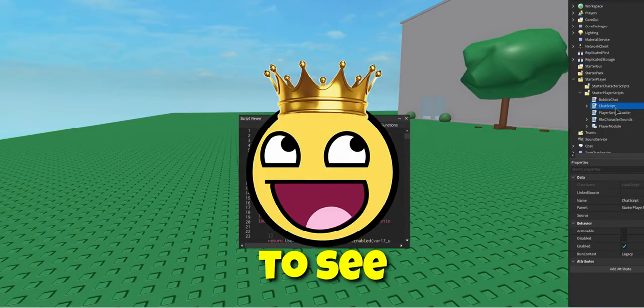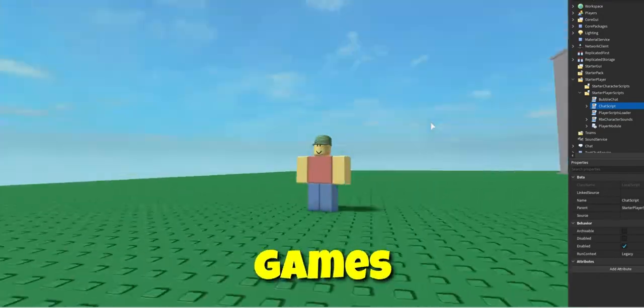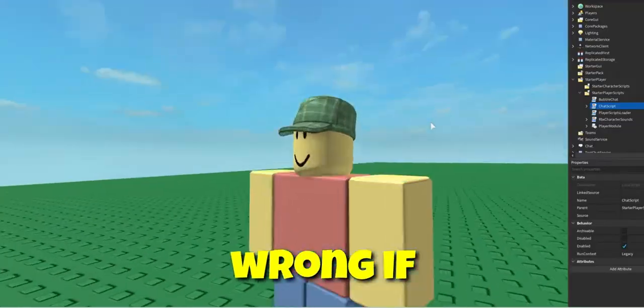Remember that it's not allowed to see game scripts. Do not use this. If you want to copy games, it's not allowed, guys. You are in the wrong if you do this. So yeah, that's